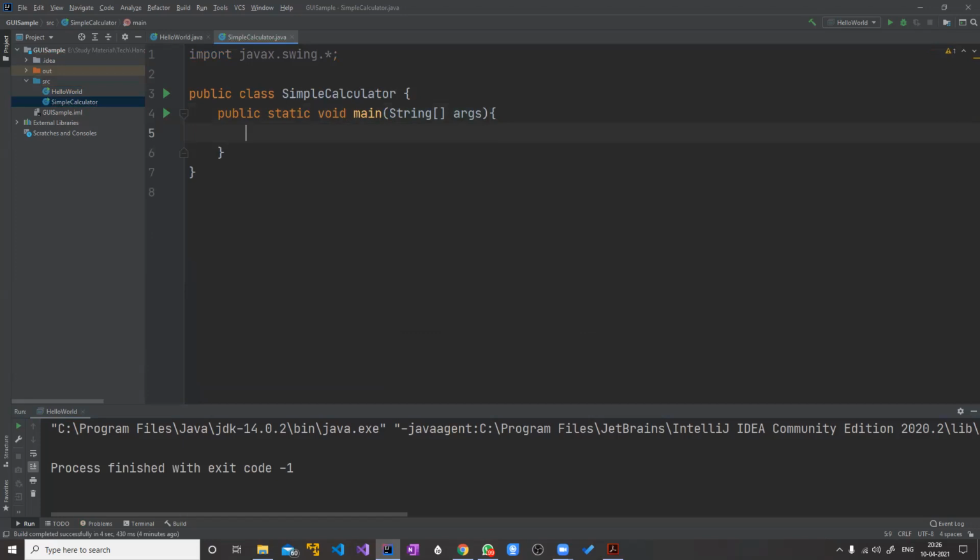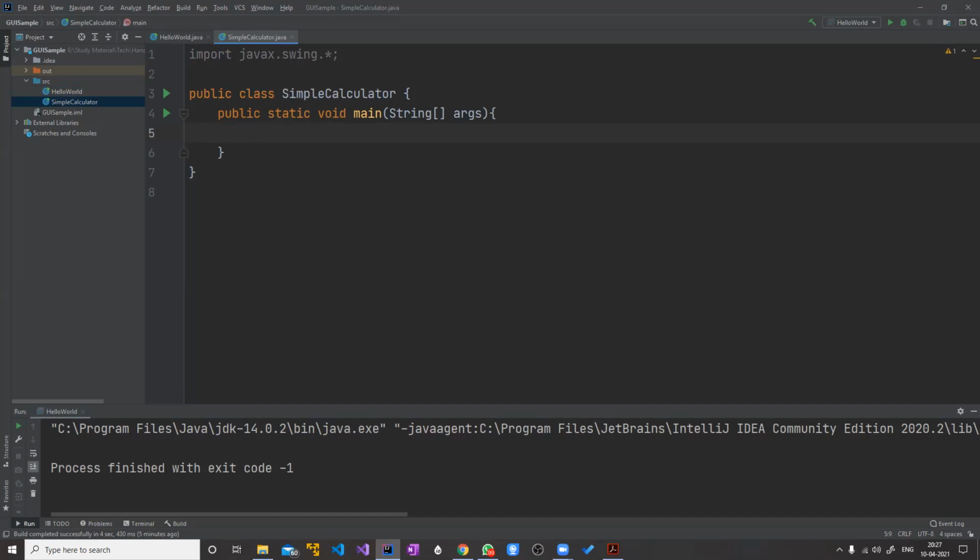Now here, basically, I'll tell you how to create a basic Swing application. So instead of writing code like the previous one, where we created a class which was directly extending JFrame, JFrame is actually an example of a container. It's a container, that means it can contain something. It holds UI elements, UI controls. For example, you have already added a title to that. You can also add various other elements like buttons and all those things.